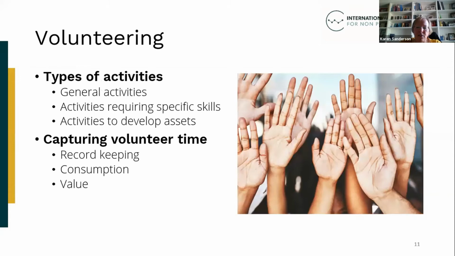I've already said a bit about volunteering, but I just wanted to come back to this and pick up a couple of points in a bit more detail. So volunteering can take multiple forms. It can be general activities like digging holes for the planting of trees, or spending time with the elderly or vulnerable to provide them with companionship. Alternatively, it can be professional services where a specific skill is being utilised, such as an architect, a doctor, accountant, engineer, or teacher, just to name a few of the potential professions.